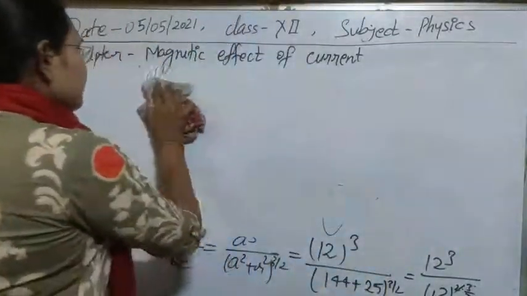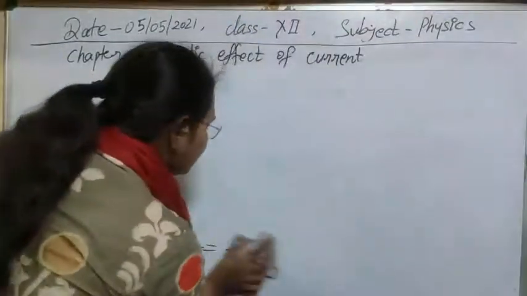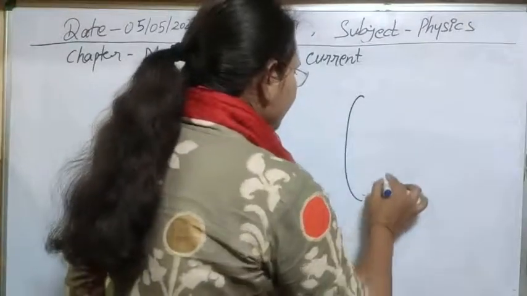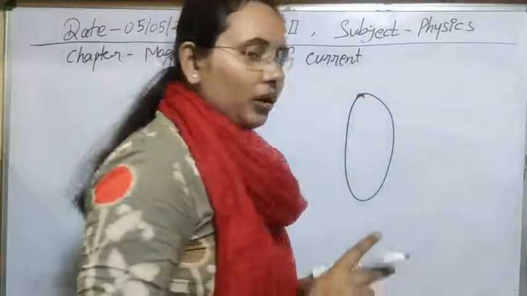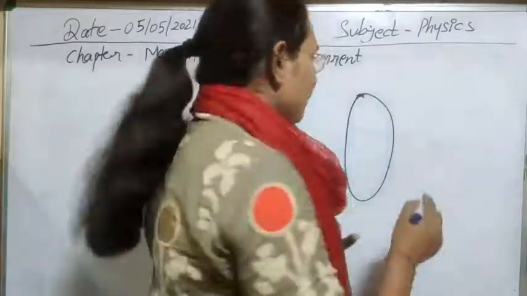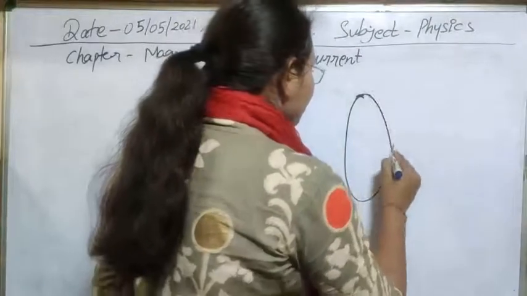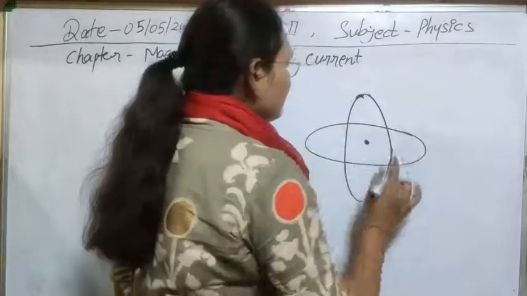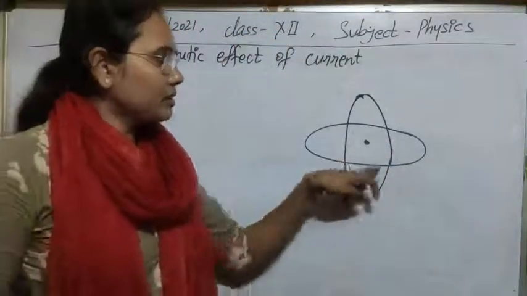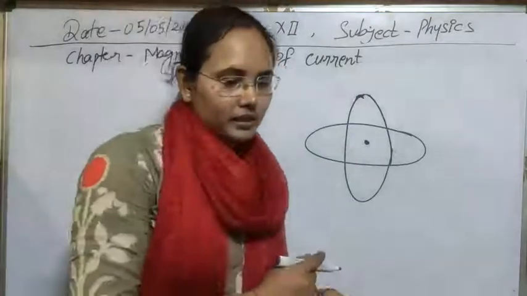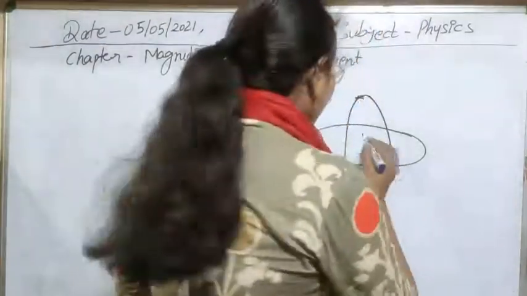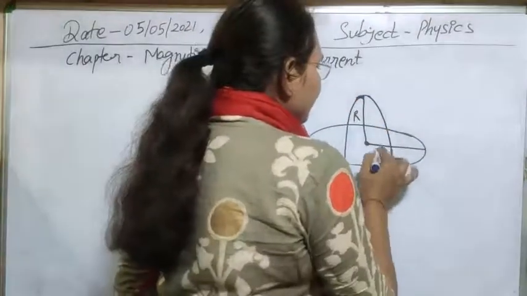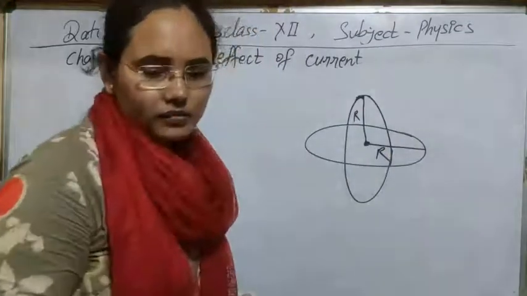Let's first make the diagram, after that you will be able to understand it. So this kind of coils we have, two coils, and they are in perpendicular planes, meaning these two coils will be perpendicular to each other. We can make them in this way, because their center is common. So this is the common center and these two are perpendicular to each other. This is the radius of this one, and this is the radius of the other, and it is given that their radius is equal, meaning R radius we have.